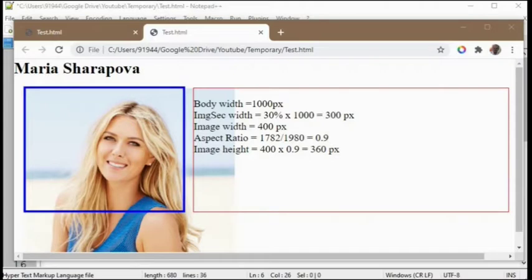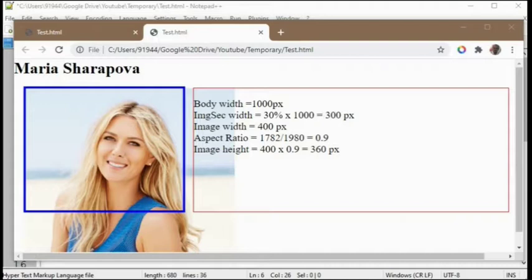You can see how it is calculated. We specified in the CSS code our body width as 1000 px and image section width as 30%. It means 30% of 1000 is equal to 300 px only. This width will be 300 px only. But we mentioned image width as 400 px, so that 100 px has come out of the division section.